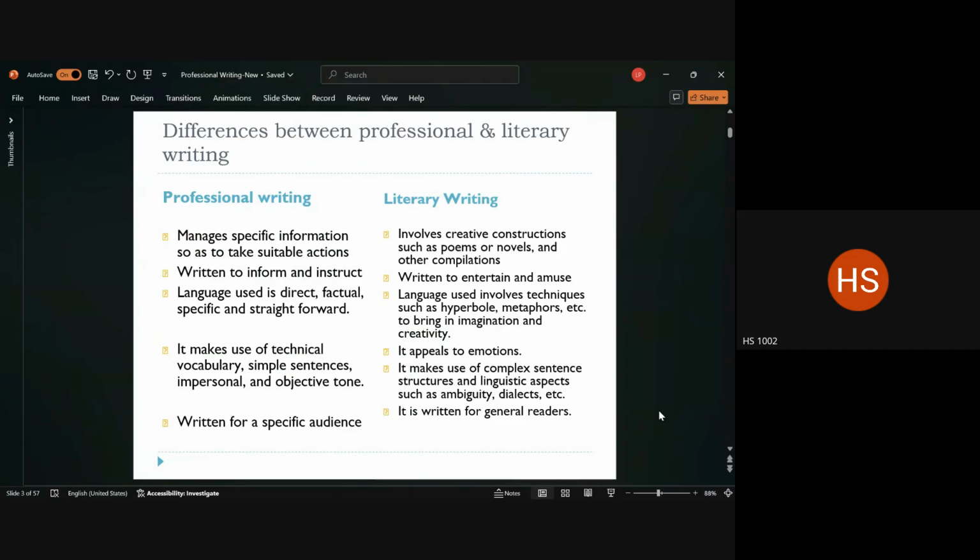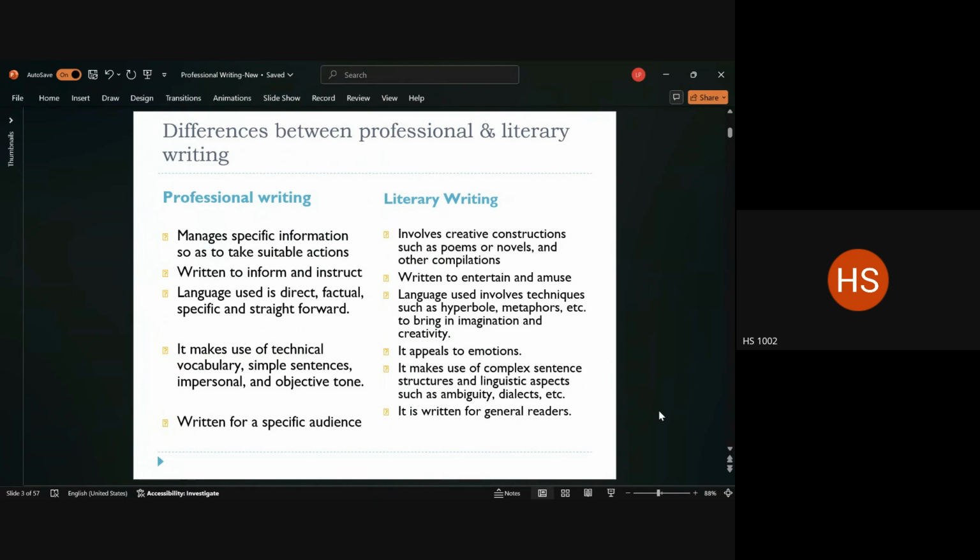It's not a purposeless thing, unlike your literary writing or creative writing, as it is called more commonly, or fictional writing, where your purpose is more subjective, it's more personal and more leisurely in nature, right? In professional writing, however, this is something that you write to inform, to persuade, right? Or it also has a sense of making a call for action. This is usually written only with a purpose, and the purpose usually ends in some kind of result, right? It is written so that some kind of action is taken or some kind of result is achieved,